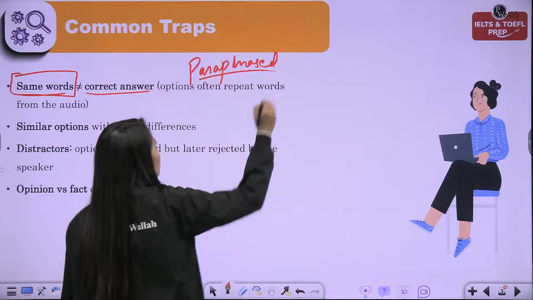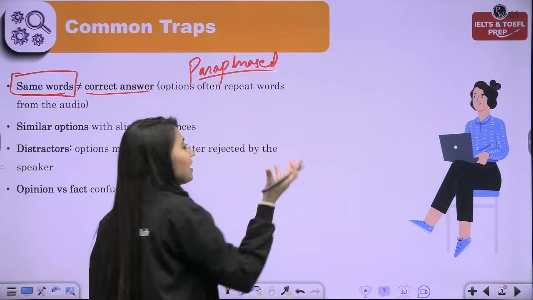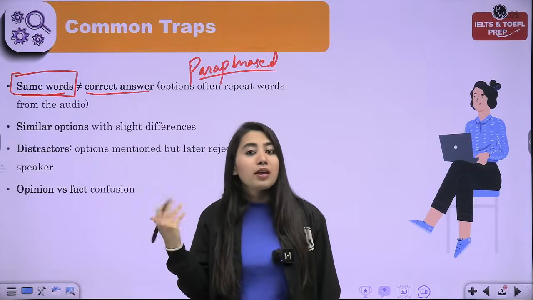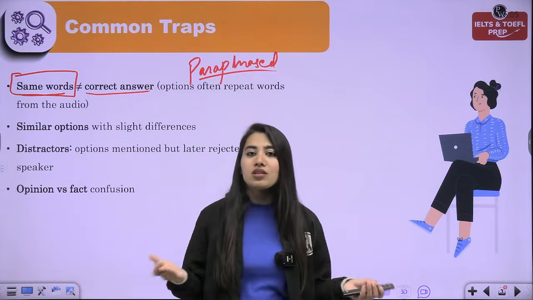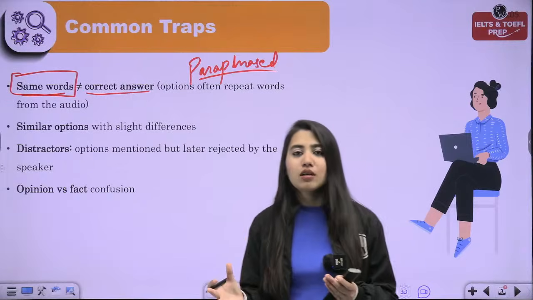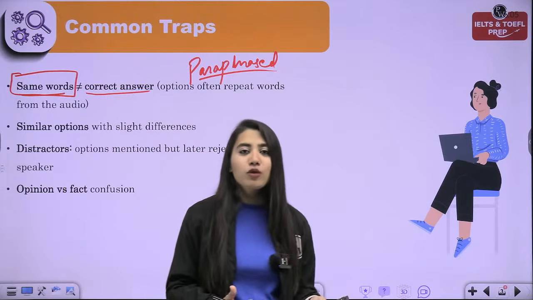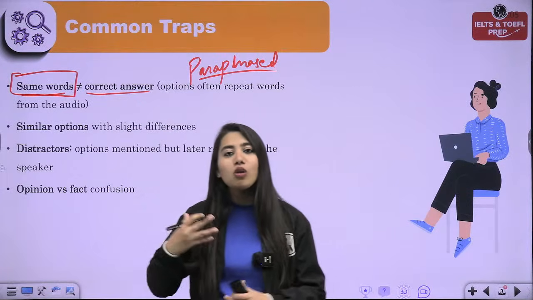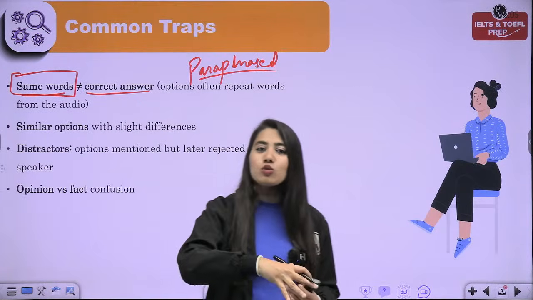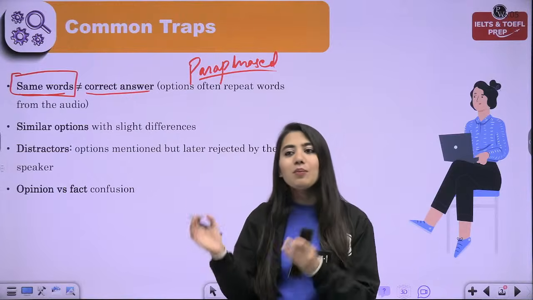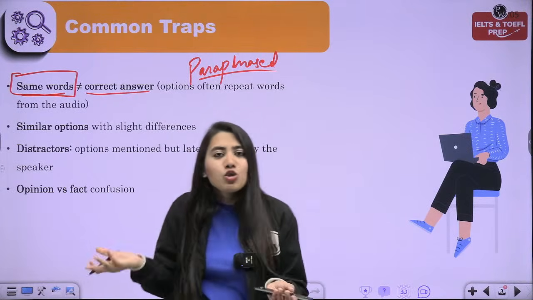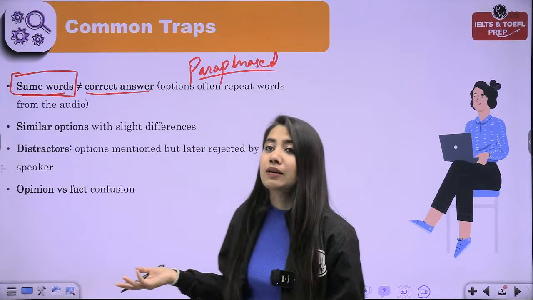Everything will be paraphrased, so we need to look for the synonyms. If it's mentioned in the question as important, they can also say vital, and vice versa. Vital, crucial, paramount, indispensable are all synonyms of each other. So we need to always look for the paraphrased version with the same meaning. The meaning should be the same; the language can be different and varied.